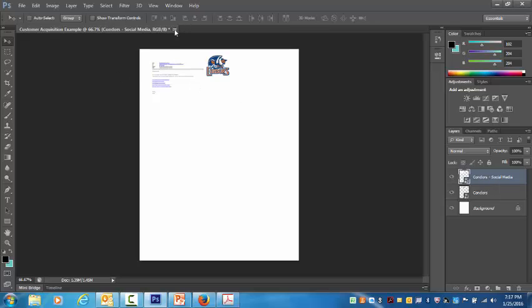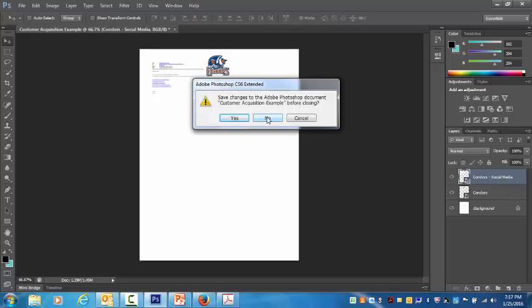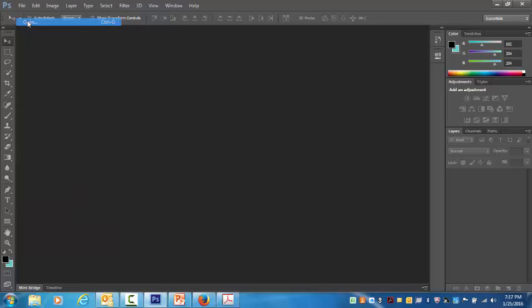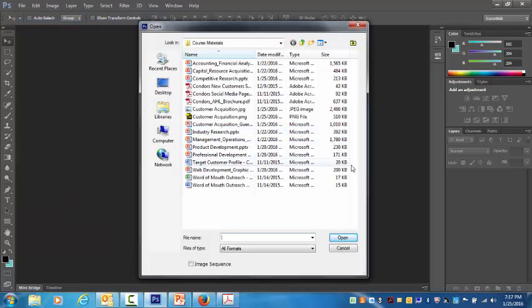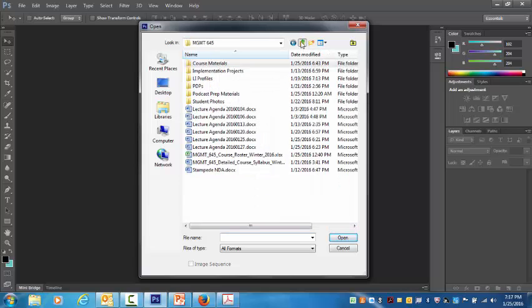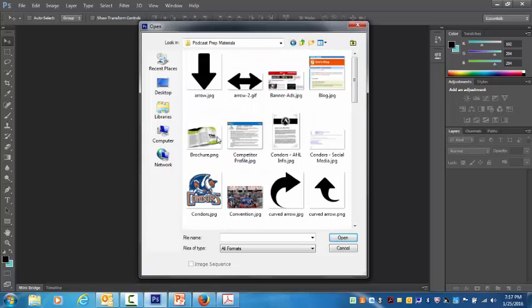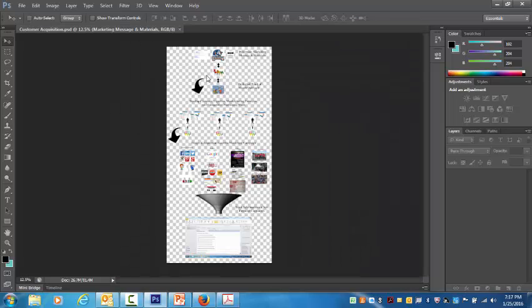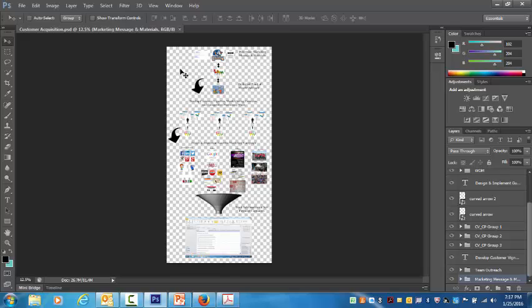I'm going to go ahead and close this document now and open the document that the finished project basically that I created over the course of the weekend. So if we go in and open up this is the finished project that I created for that document. So you'll notice here